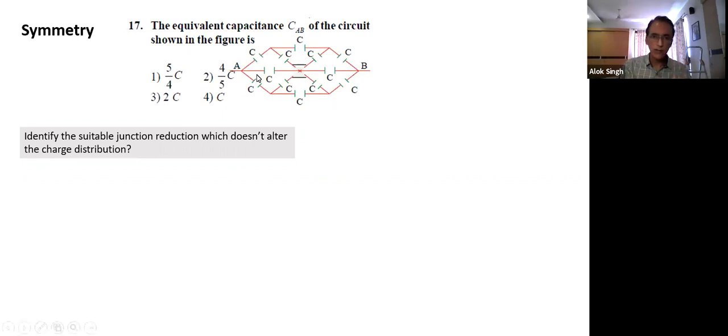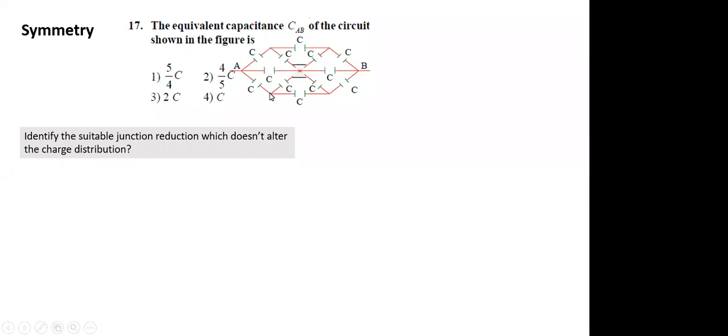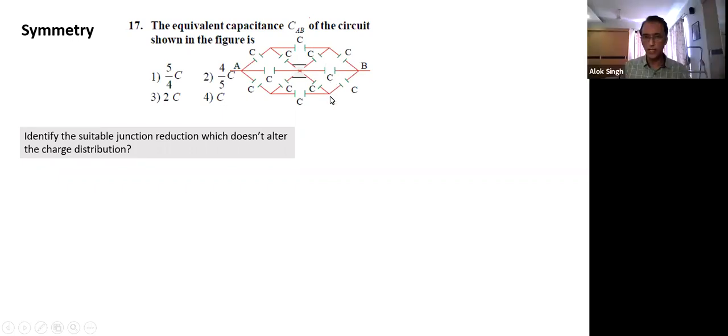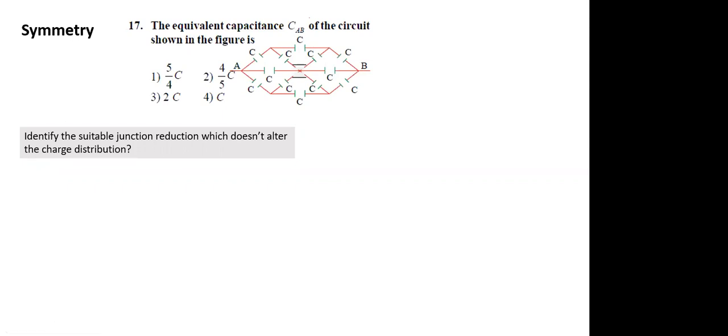See, had some capacitor been connected between this point and this point, because of symmetry, I would say these 2 points are at the same potential. I could have removed that capacitor. Are you understanding? These 2 points are at the same potential because of symmetry. Yes, sir. But otherwise, there's no Wheatstone there. Just look at this. You won't find any. Yes, sir. Okay.